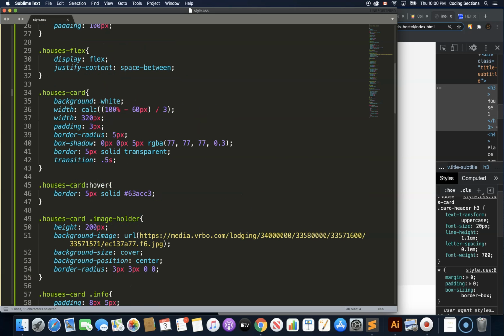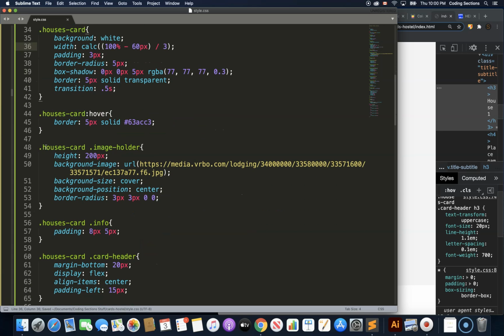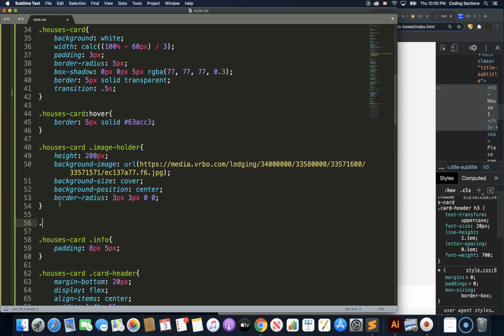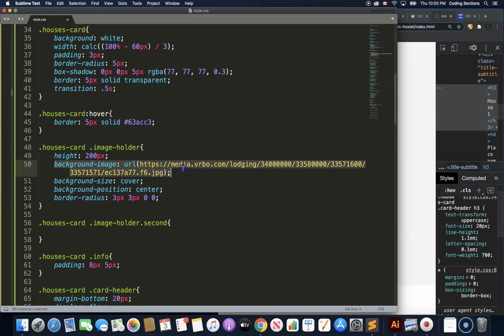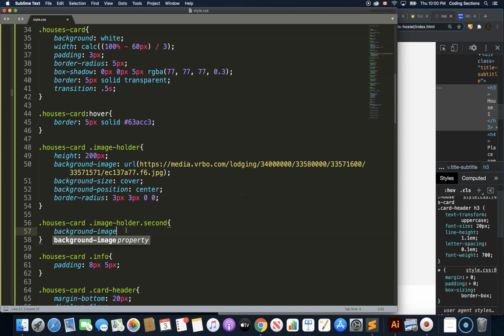So I don't need this anymore. This was temporary. Image holder, well, houses, card, image holder. Jessica is going to like that. Second. Jessica is a friend of mine. So this is a background. Oh, just put it here. Background image, and as I told you, I already selected